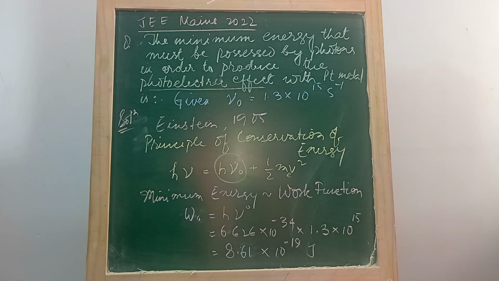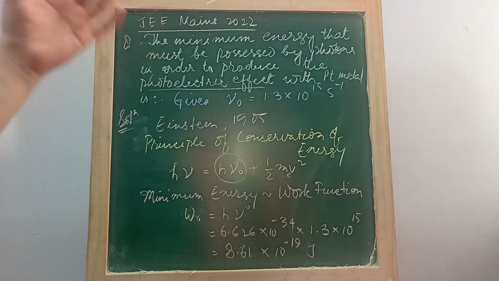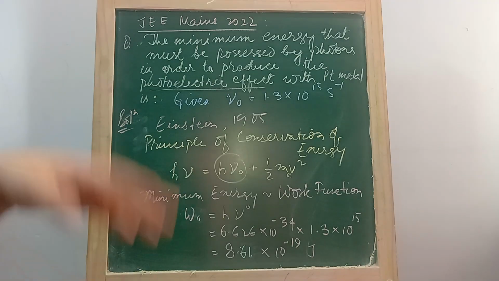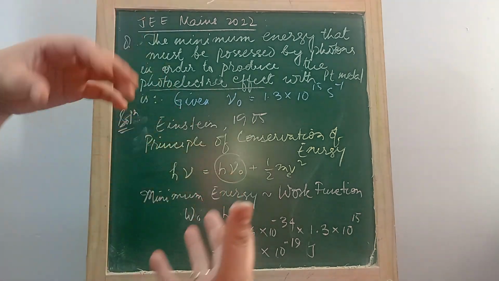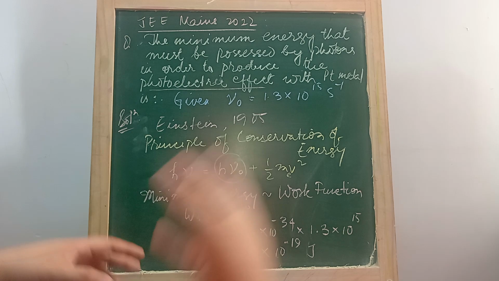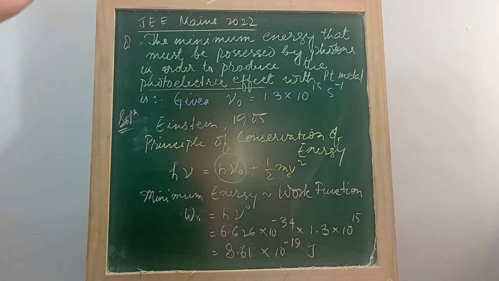According to Albert Einstein, who got the Nobel Prize for Physics in 1905 for describing the photoelectric effect, how is that occurring, and giving a mathematical equation for that. It is based on the principle of conservation of energy. It says that if there's a metal and a right amount of light or electromagnetic wave with the minimum amount of energy needed falls on it, it will be able to eject electrons from it. How the energy of the electron and the energy of the photon are related,